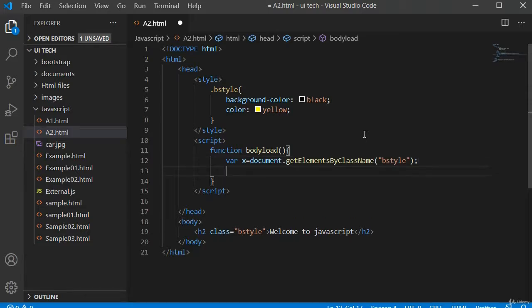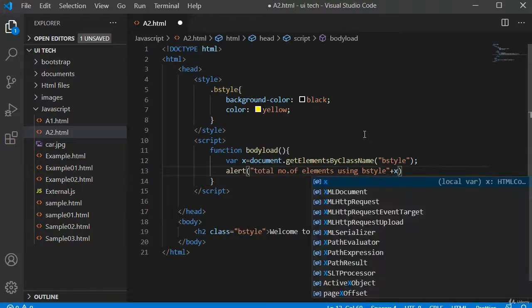I will print this x value in my alert box. Inside this alert box, I will print total number of elements using bstyle, and I will print my variable name x plus.